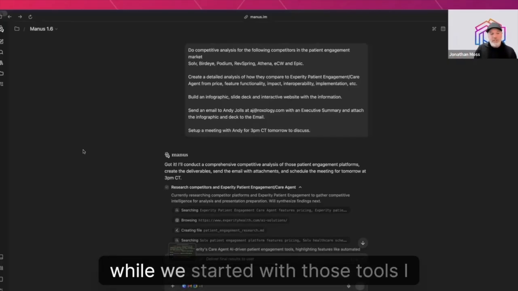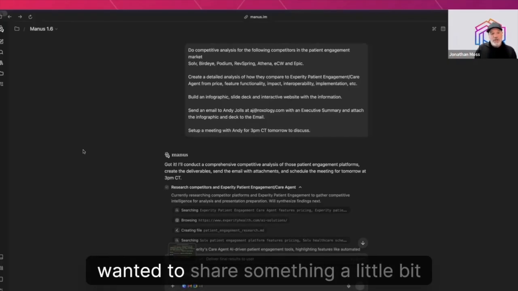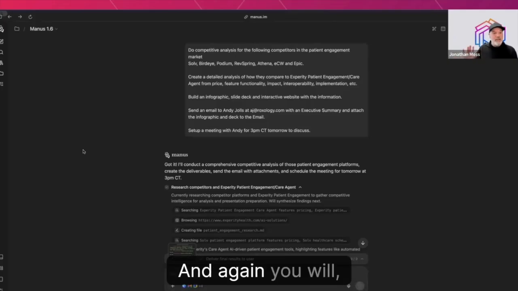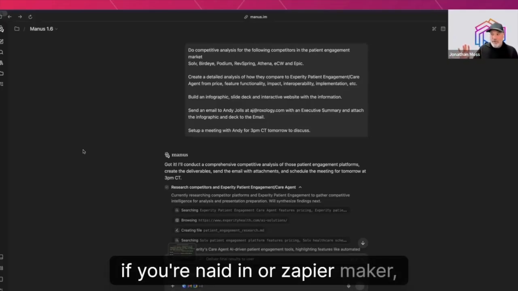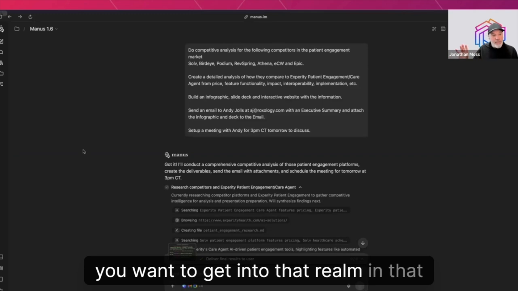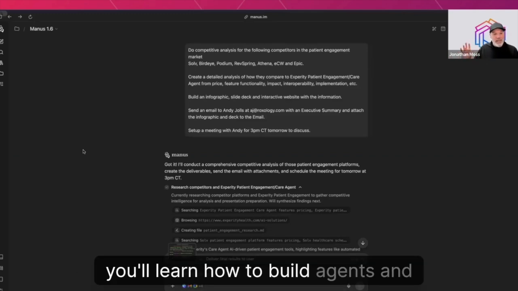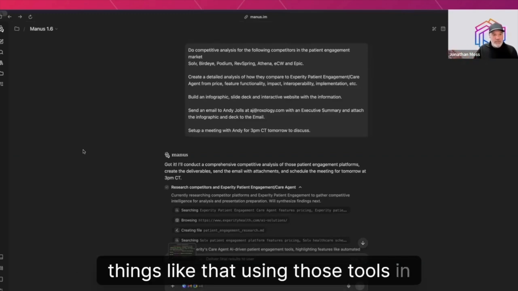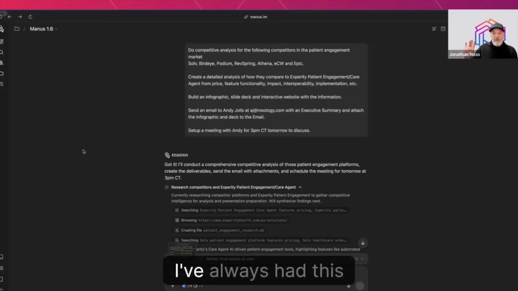Andy and I, while we started with those tools, I wanted to share something a little bit different. And again, if you want to get into N8N or Zapier or Make, you'll learn how to build agents using those tools in this class. For today, I've always had this